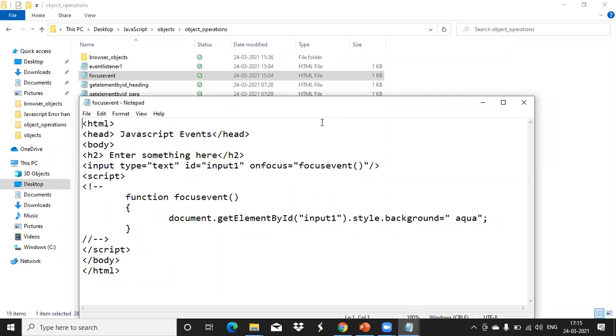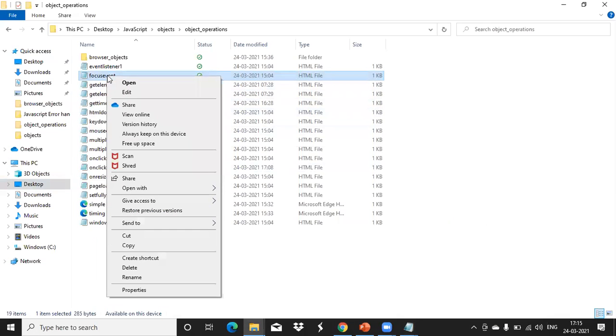So the function focusEvent uses document.getElementById, the ID value is given as input one, dot style dot background equal to. That means when I focus on the text box, we are changing the style, the background color, to aqua color. Okay, let's see this output.